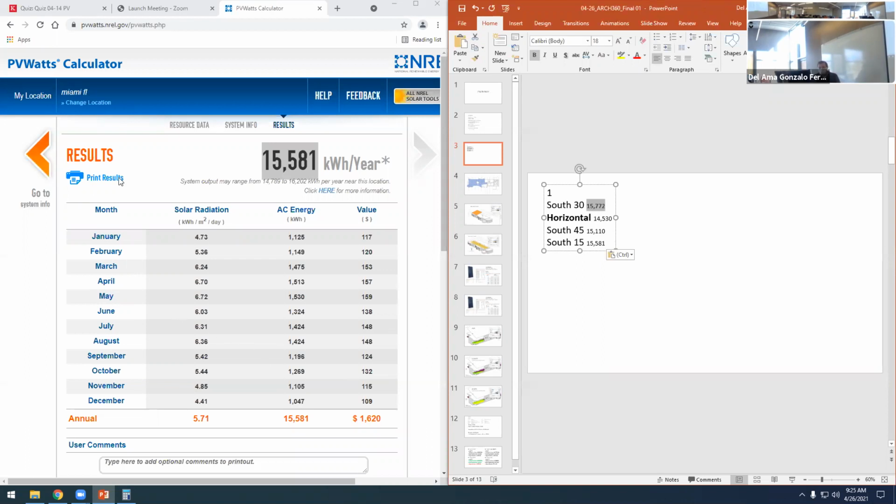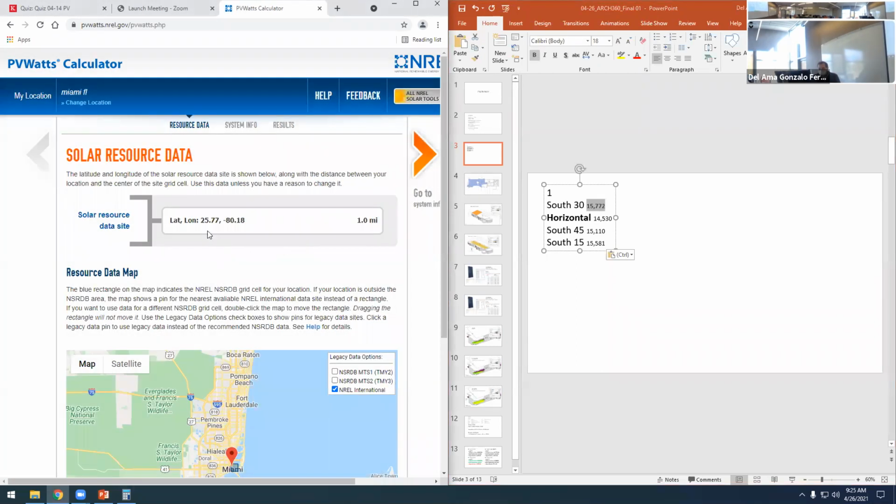in Miami, because the latitude, if we can, what is the latitude there? Okay, so the latitude is 25. It's closer to 30 than 15. Yeah, I told you that the best yearly performance is when the latitude is the same as the tilt. Okay, so 30 is closer to 25 than 15. So yeah, just by looking at the latitude, if we are asking for the yearly performance, we should know that